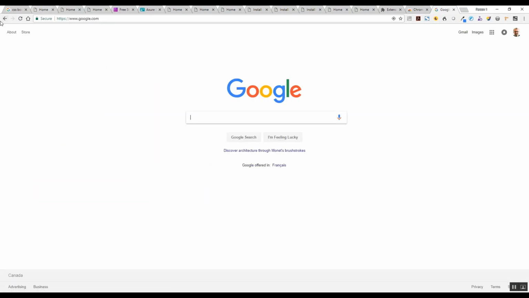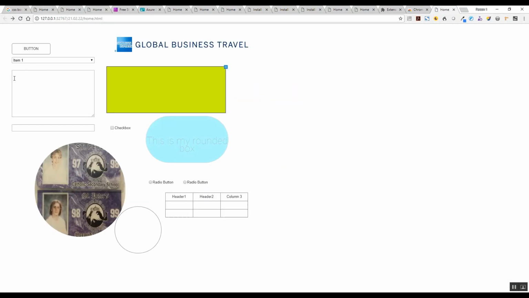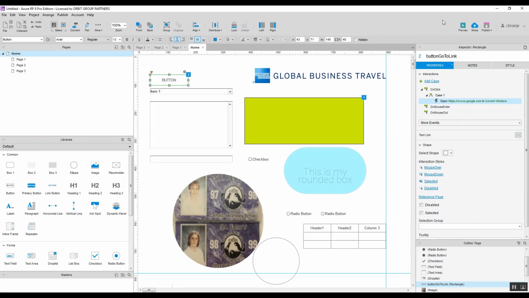There we go. Okay, so somehow this sidebar that I had at the side was preventing Google from loading. I think it's because I'm running a local web server on my machine, and when I try to go to an external site, it doesn't like that. So what I did there to see that, when you run your prototypes, you can run it with that thing called the sidebar,